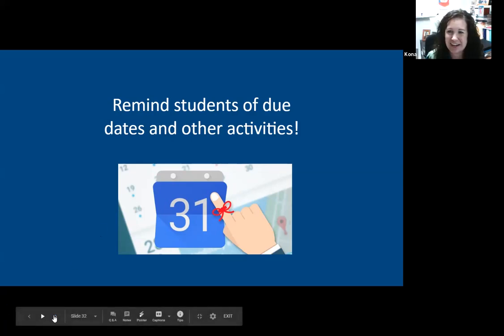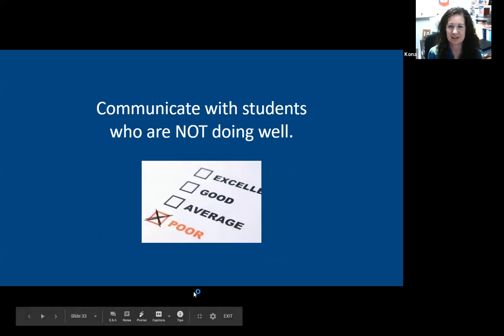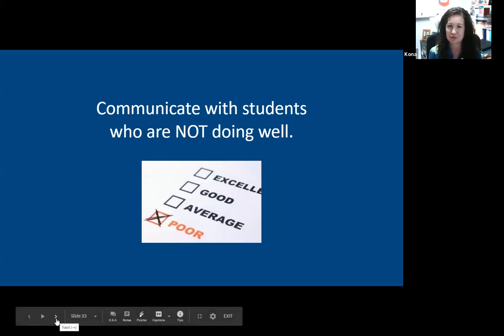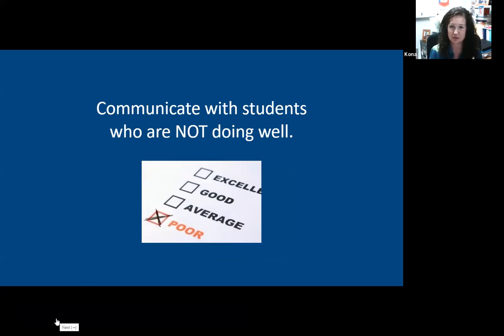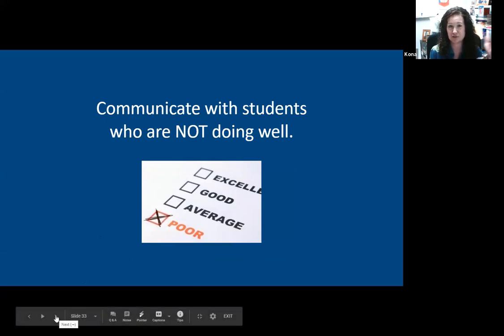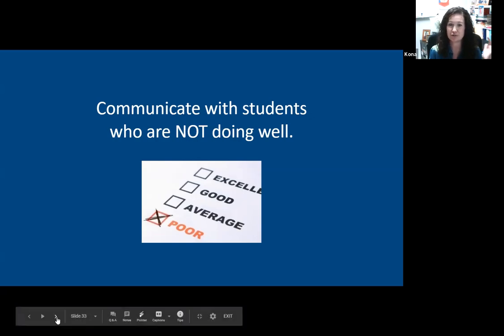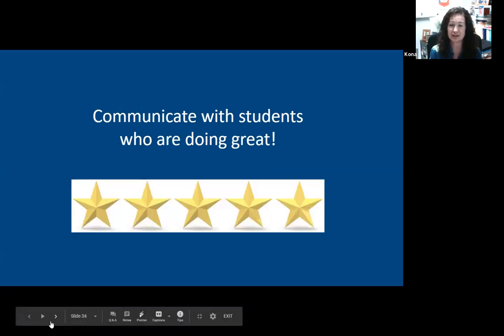Thanks. Yeah, and just to back up what Kim is saying, it's so important to communicate with students who are not doing well. As she said, in the learning management system, and strangely enough, even though we're at different schools, we are using the same one, which is Canvas. You could message a student who got below a certain score. You can also go to New Analytics, and you can message students based on their overall grade. You can message them based on different things, different performance activities, whether they viewed a page or not. So if you can tell this group of students didn't do that, you can actually message them.